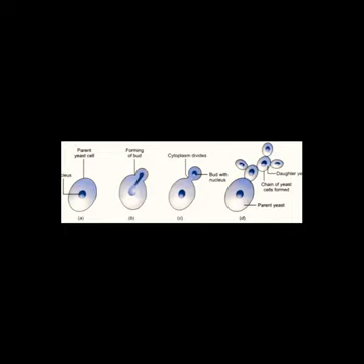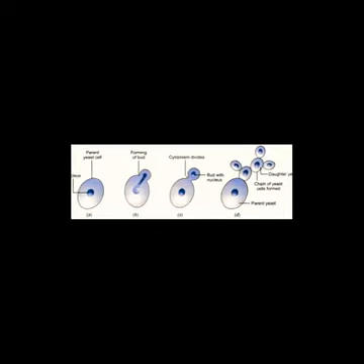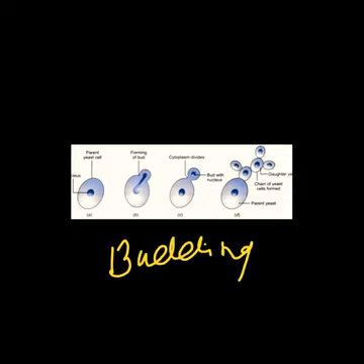And children, the next method is budding. Okay, budding. Before discussing budding in yeast, I would like to tell you about the Hydra organism, which I have mentioned in the previous topic, whose structure is somewhat like this. Hydra, children, you know very well. It belongs to coelenterate. Okay, it has some tentacle-like structure like this. So this is the Hydra you know very well.